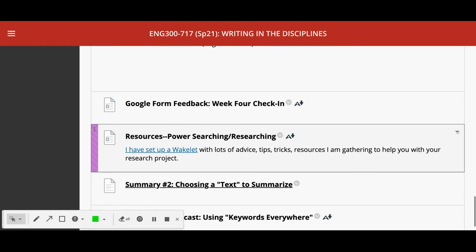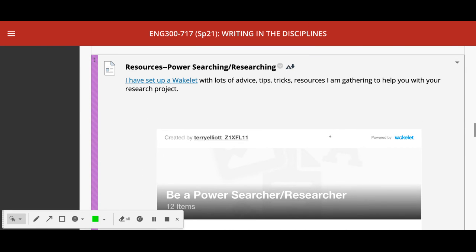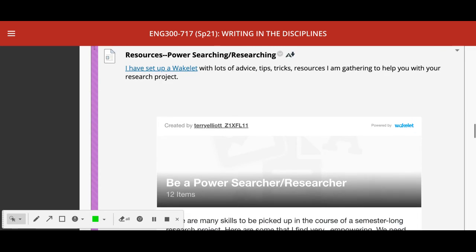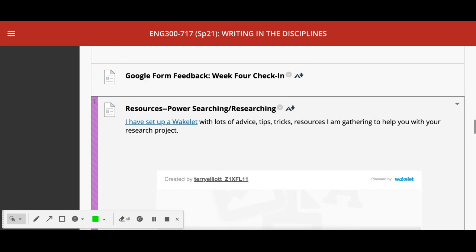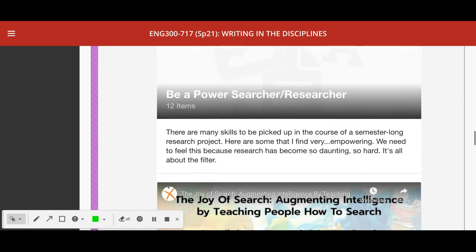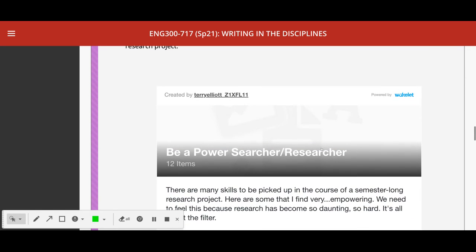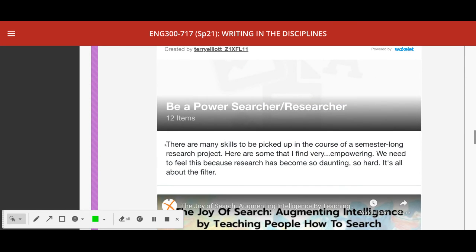This set of resources here, you know how I like Wakelet. Here's the Wakelet embedded. And here is a Wakelet. So you can click on this link here and go to it if you prefer, or you can simply scroll down through here. Here's my notes here about being a power searcher, researcher. There are many skills to be picked up, and I think that one of the skills that you need to get better at and to reflect on is